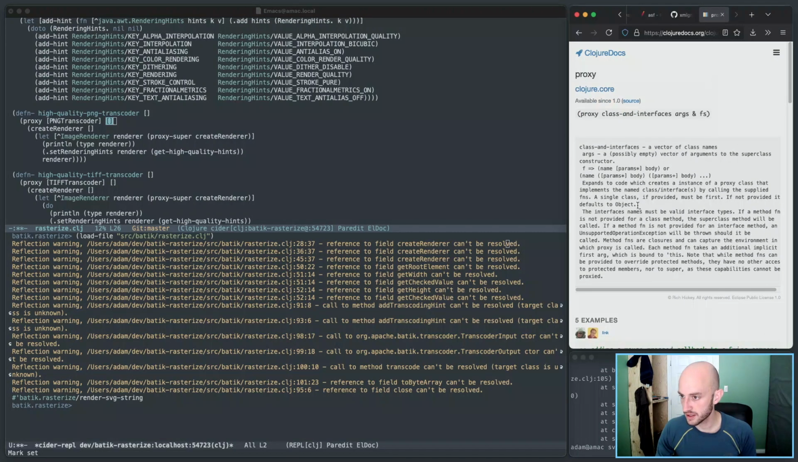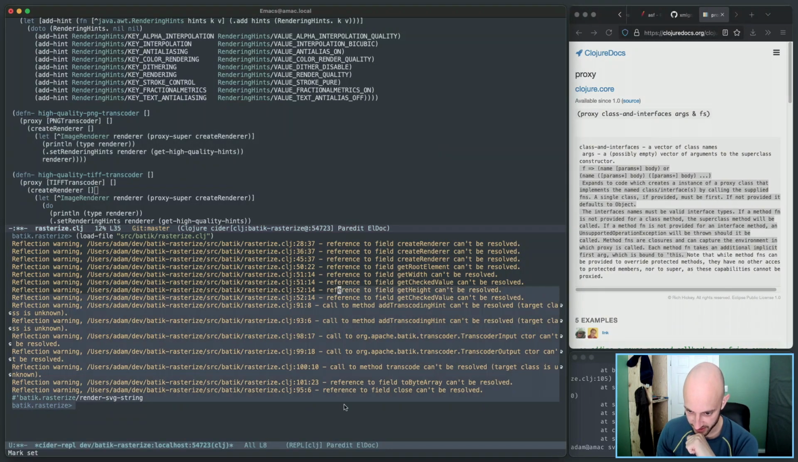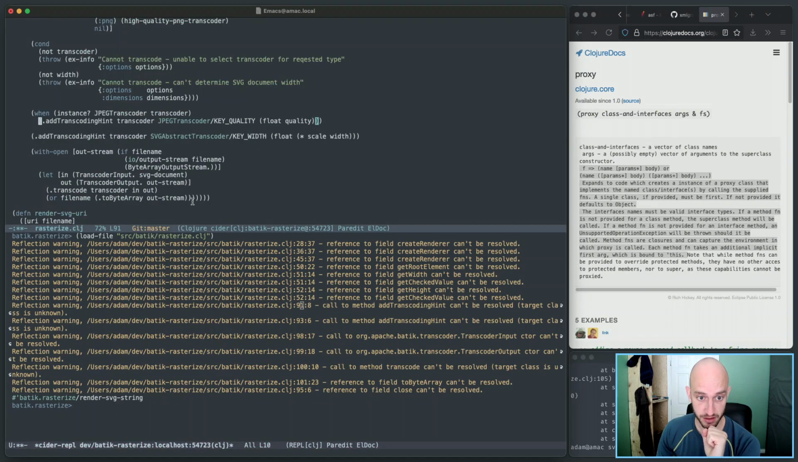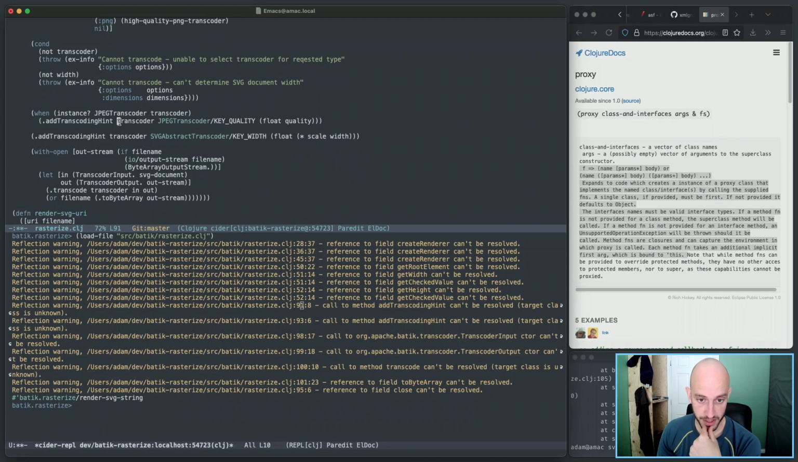With this as a spot to get to, I have to wrap my head around proxy and all that stuff. But before I do, I'm going to get some of the potentially easier things to solve. So let's add a transcoding hint here. I should be able to type hint a transcoder right here, and it looks like